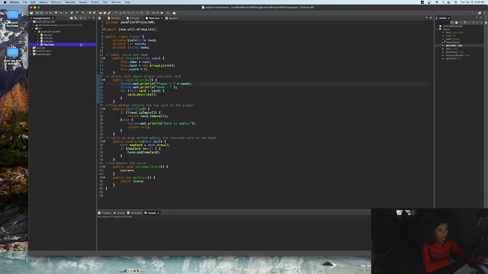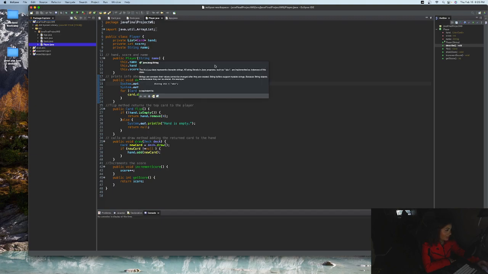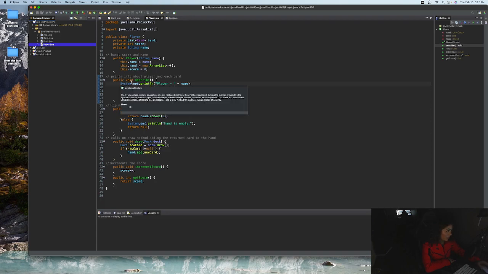And then I created a class called player, which has 3 fields: hand, score, and name. And then I called on the describe method, which basically prints information about a player and each card. And then the flip method returns the top of the card to the player, increments a score,